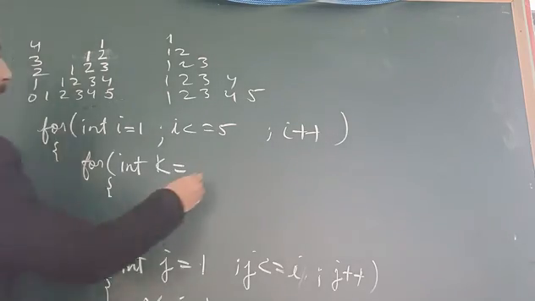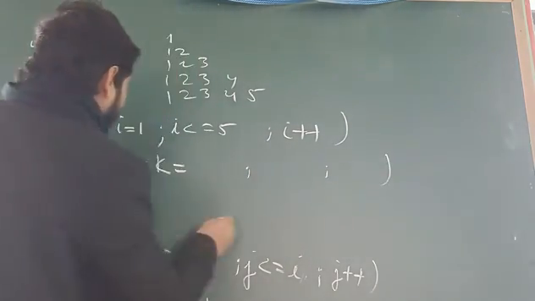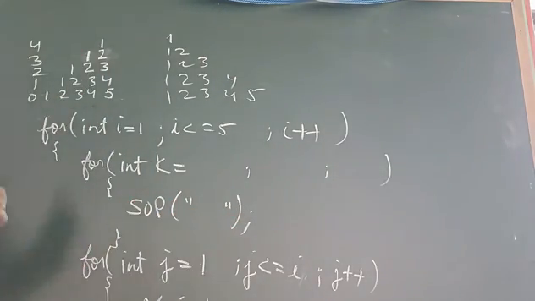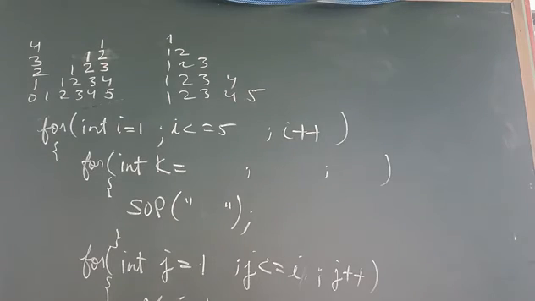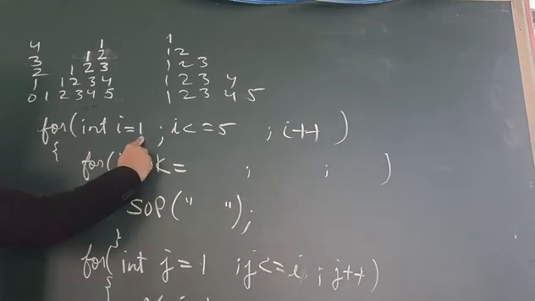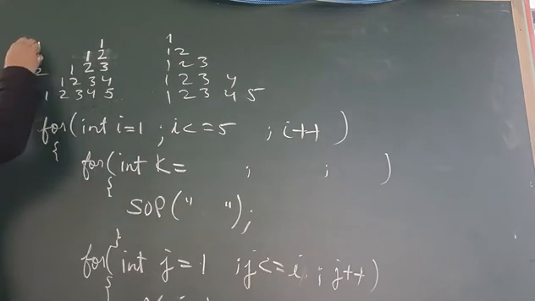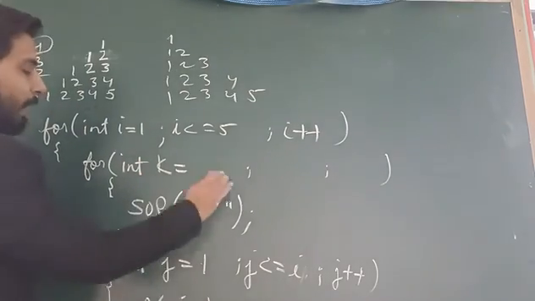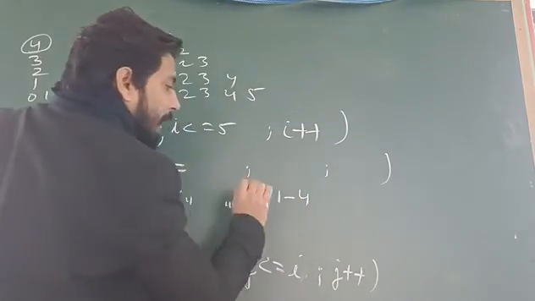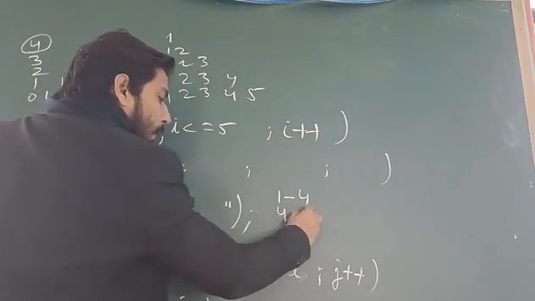So how do we put our spaces? And remember, we also have System.out.print with a space here. Okay, we have printed space. Now remember, there should be a relation between your outer loop and your space loop variable, that is your i and k. Here your i value is 1, and how many spaces do we have to print? 4. That means this loop will have to execute 4 times. So for 4 times, there are 2 ways to execute: either it goes 1 to 4 or 4 to 1.